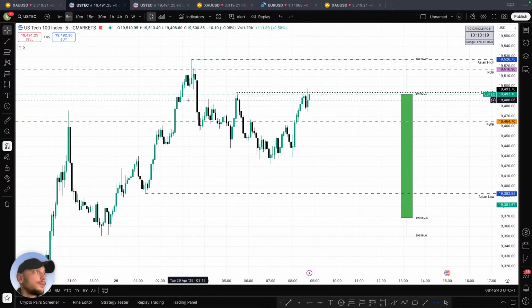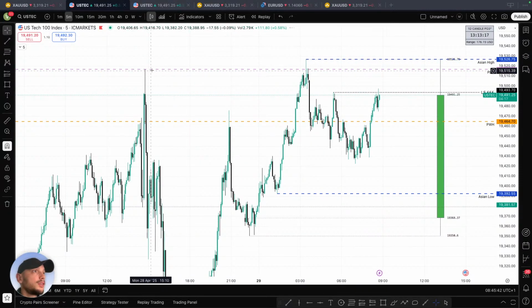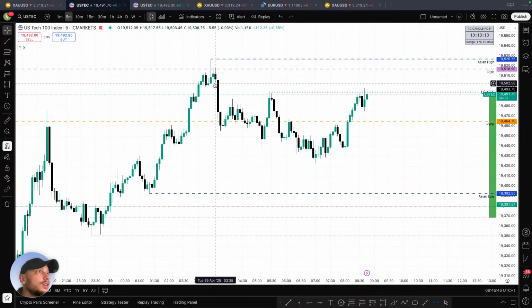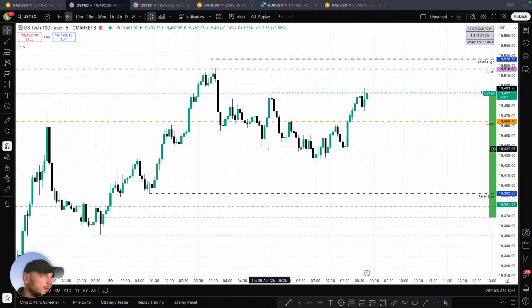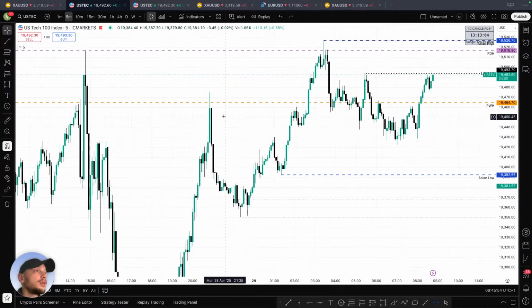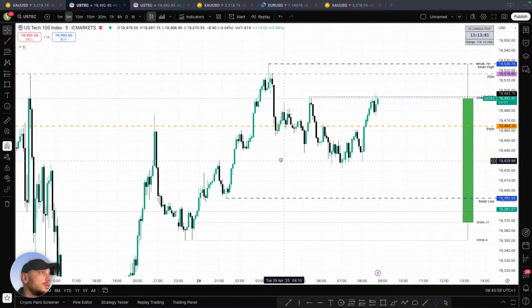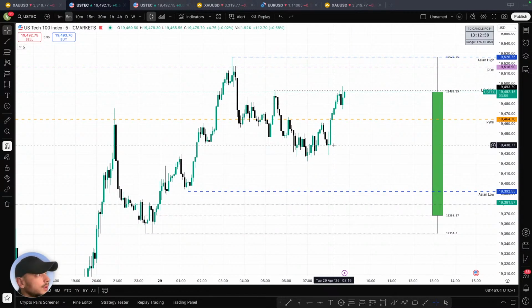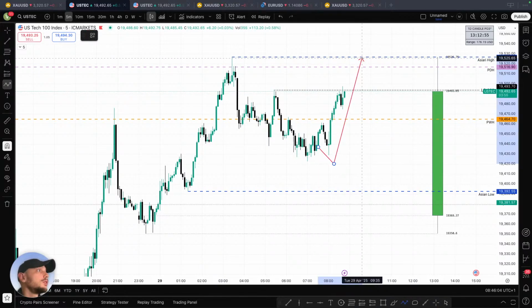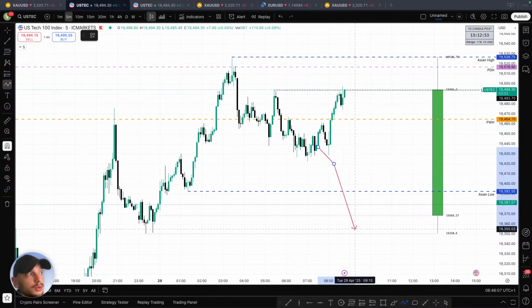Example from today. This is the previous day high, right? Nasdaq is going up. You see with this candle, it takes the liquidity from it and it goes back, and it goes down and it goes down. Example 2, previous weekly high. It taps it, it goes down, it goes down. So you can always expect a reaction. It could be positive for you, it will spike up. It could be negative for you if you enter long.